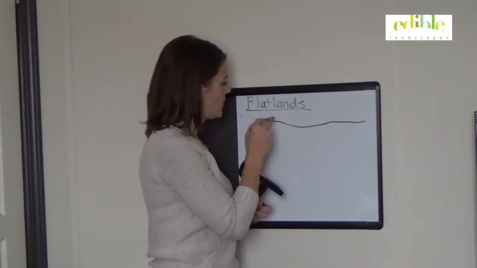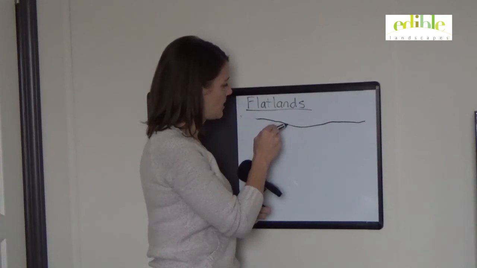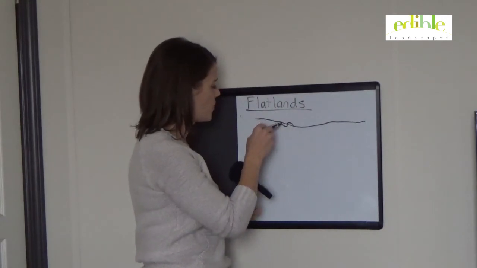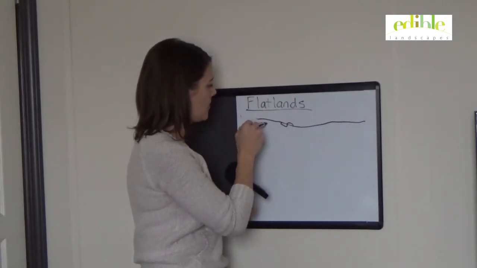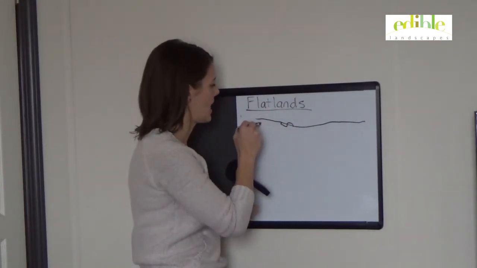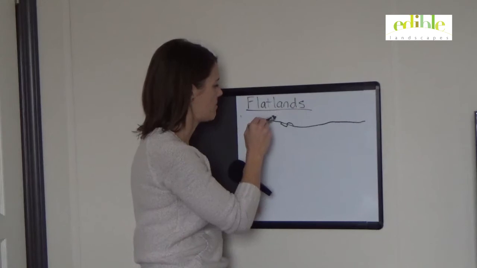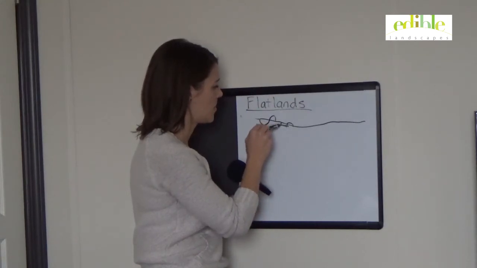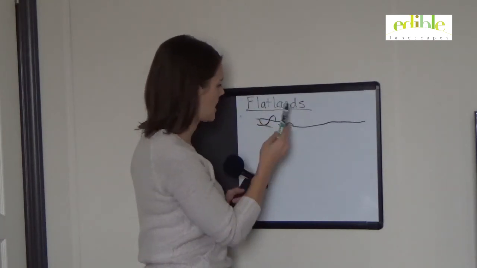If you're digging a swale here, for example, you would just dig it kind of shallow. But if you wanted this swale to go uphill slightly on flat land, you would just dig the hole deeper so that the bottom of this swale